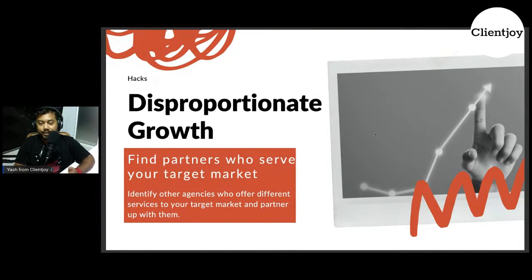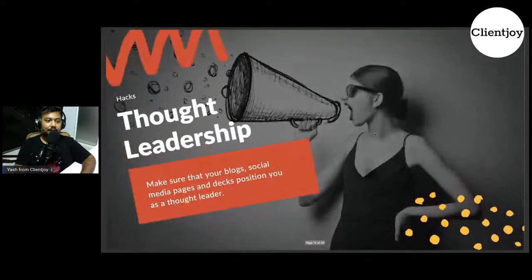We already knew that these are some of the things that they would require. And so what we'd do is go ahead and partner with all of these companies as well, and it's a fairly simple quid pro quo kind of partnership where we get you clients, you get us clients, and that actually offers disproportionate growth, right?